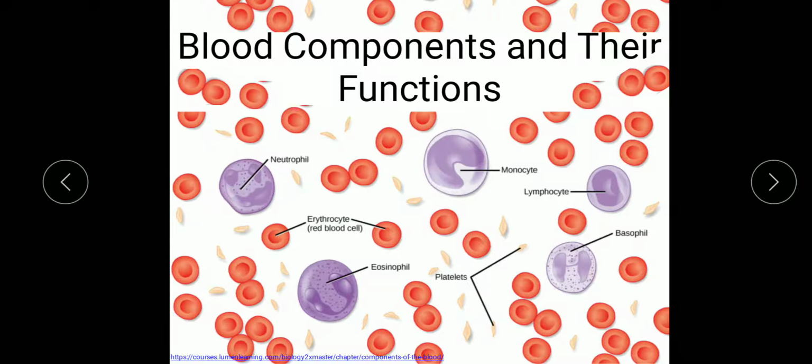Hi, in this video we are going to learn about the blood components and their functions. Blood is a connective tissue. Like all other connective tissues, it is made up of cellular elements and extracellular matrix. The cellular elements, referred to as formed elements, include WBCs, RBCs and platelets. The extracellular matrix is called plasma, and makes blood unique among connective tissues because it is fluid.